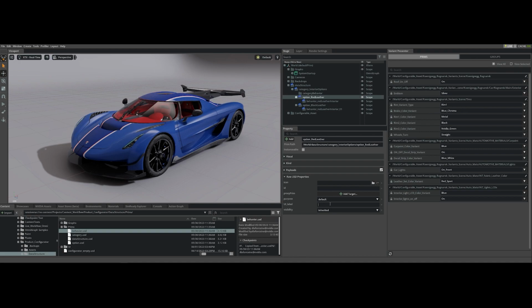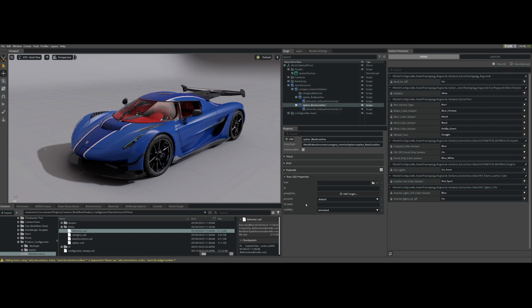This can be kind of fancy sounding, so maybe this leather is called Magma Red Leather, that's the brand name or something. And the ID is what the internal system uses to track what's active and what's not active. So this can be pretty brief and abbreviated. We're just going to call this red